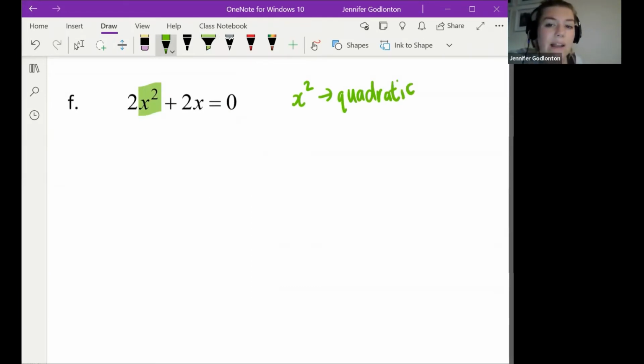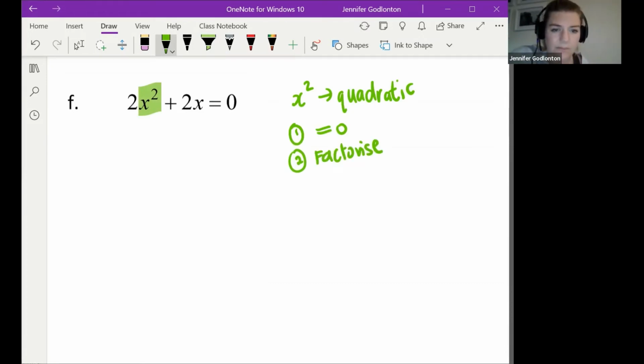And if it's a quadratic equation, we need to make sure everything is equal to 0. That's the first thing we need to do. The second thing is we need to factorize. And if we are factorizing, we think highest common factor,